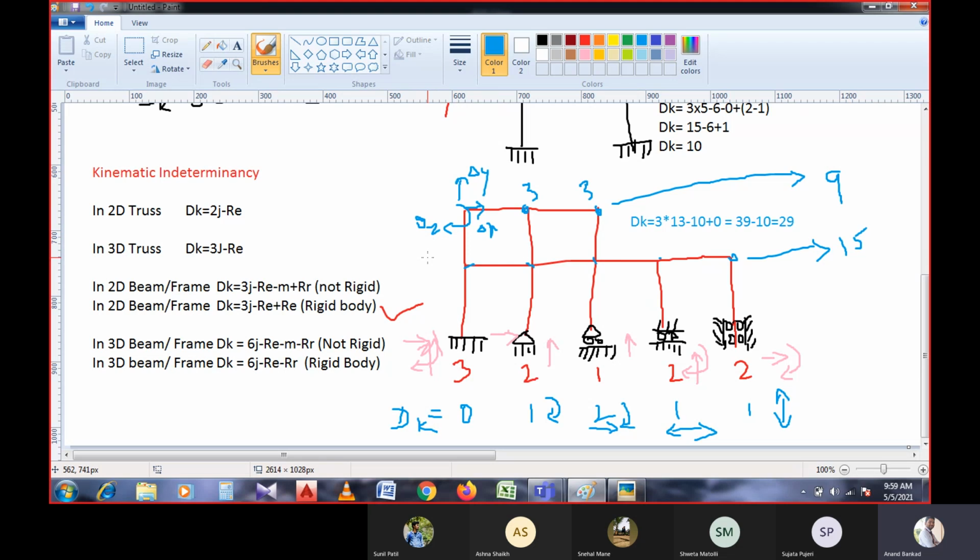Delta x, delta y, delta theta z in each joint. The joints are 5 and 3 into 5 will be 15. And at this level, how many degrees are there? Degrees of freedom 0, 1, 2, that is 3, 4 and 5. There are 5. So how many will it be? 15 plus 5, 20, 29. This is how the total kinematic indeterminacies are available in the particular structure. So is that clear how we have calculated this one?